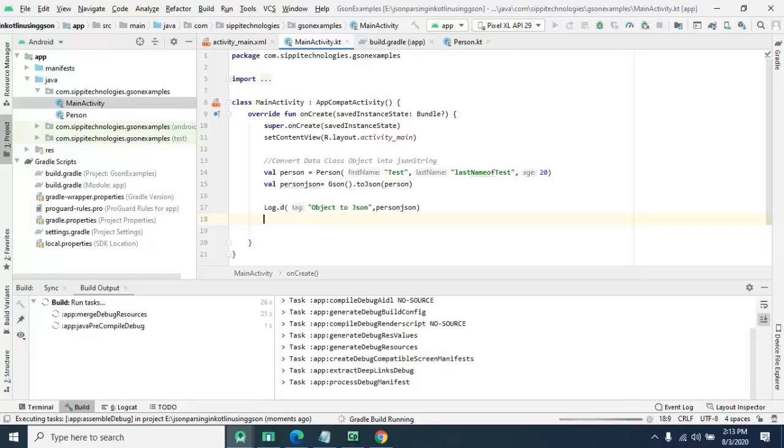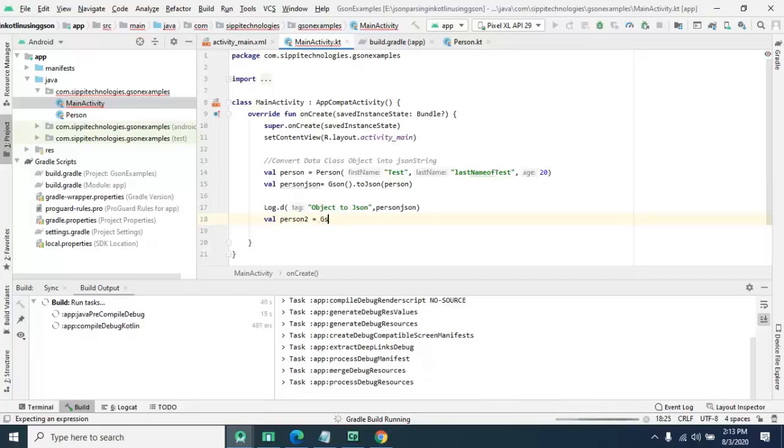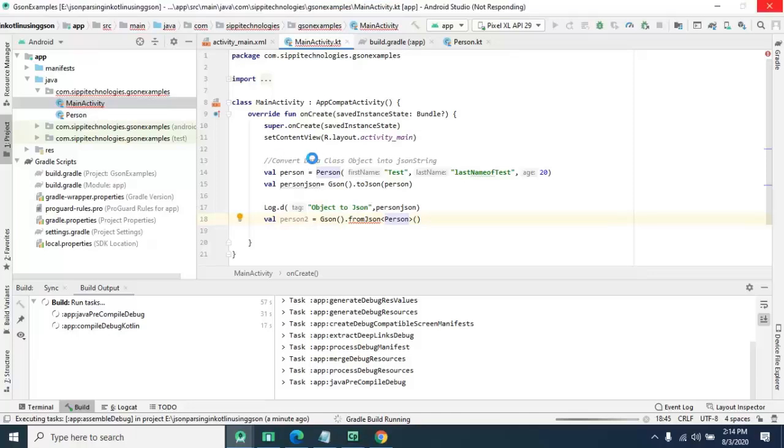Let's say we need person2, and we will use Json fromJson, and here we will pass Person,